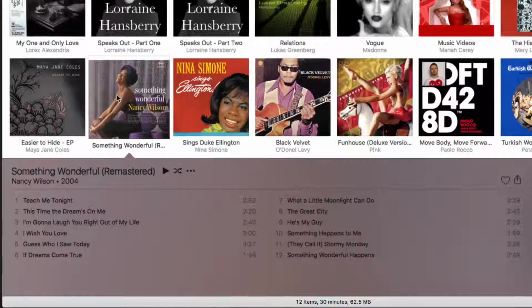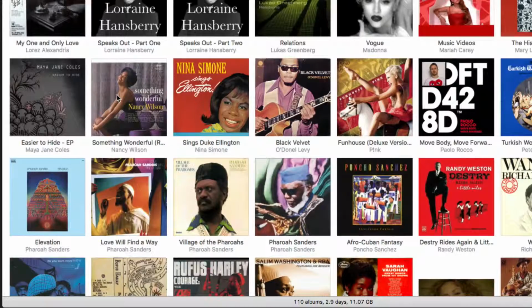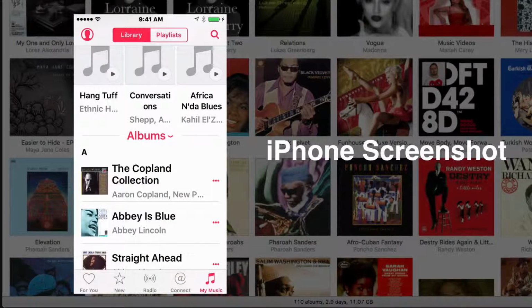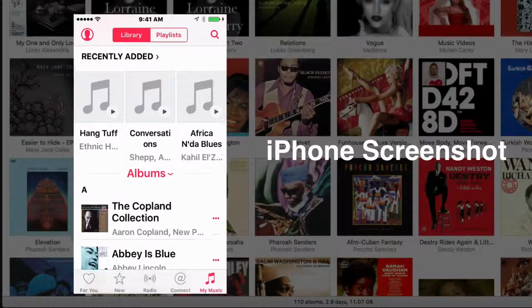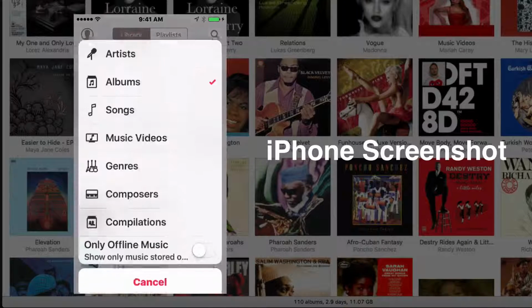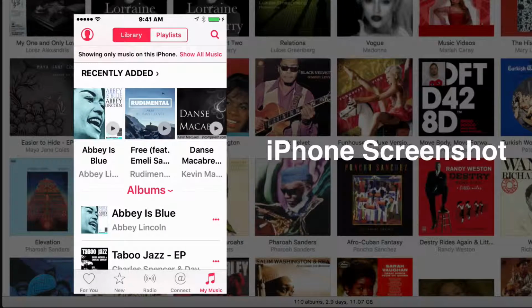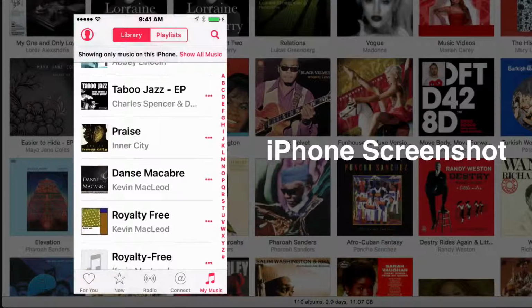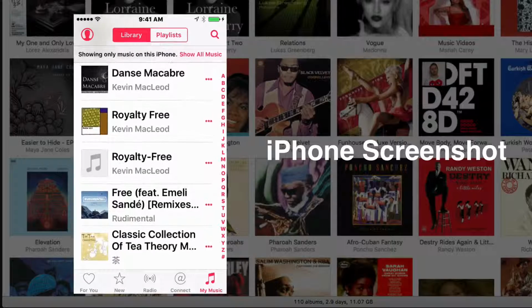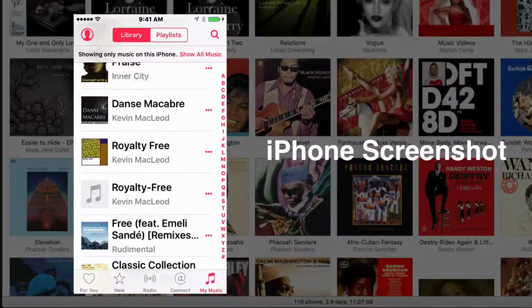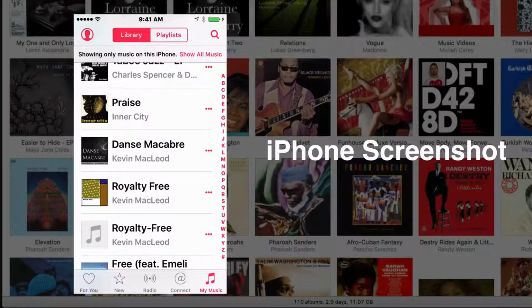And you will find the same thing on your iOS devices as well. And likewise, it's very easy to view your offline music when you're on your iOS device. So for example, under My Music, you can see where I have albums. I'm going to go ahead and just select albums. And then you'll see right along the bottom there, only offline music. Just go ahead and select that and move it over so that it's green. And then you will see only the songs that you've downloaded to your device directly and or from Apple Music's